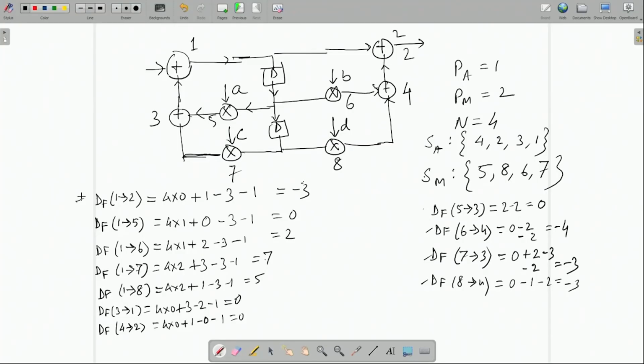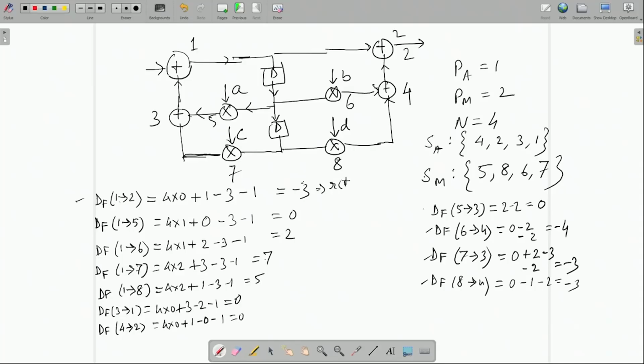So, I will be retiming, that is I will be assigning retiming values R of 1 to node 1, R of 2 to node 2, R of 3 to node 3, like that. Okay. And then I will get some inequalities, in addition to the feasibility inequalities. What are the new inequalities? We have already seen the formula, Ru minus Rv. So, if you consider 1 to 2, this will give rise to